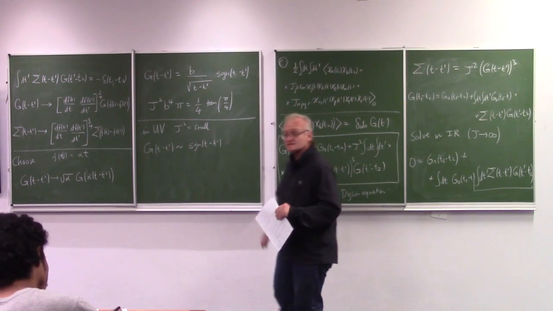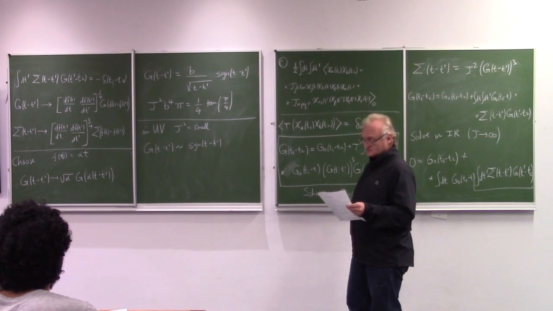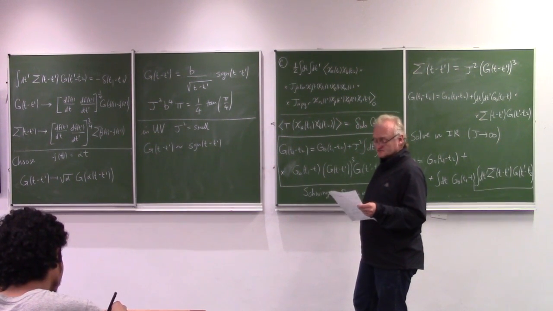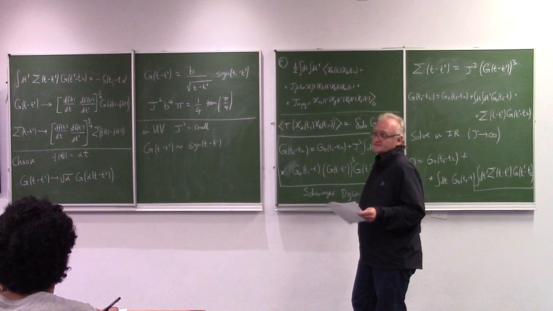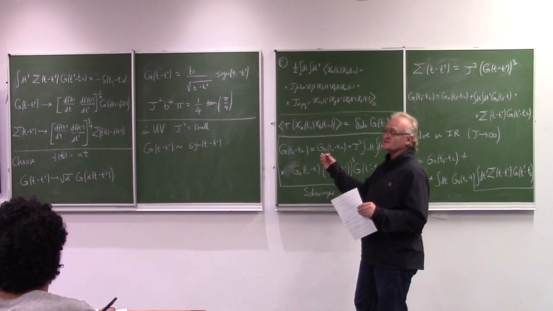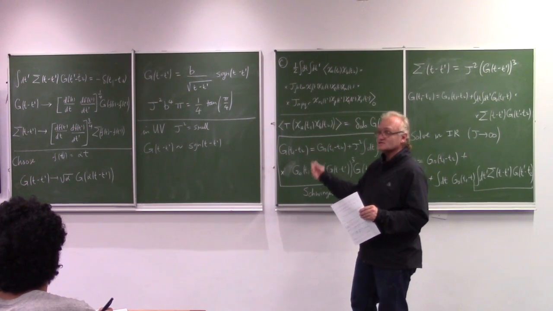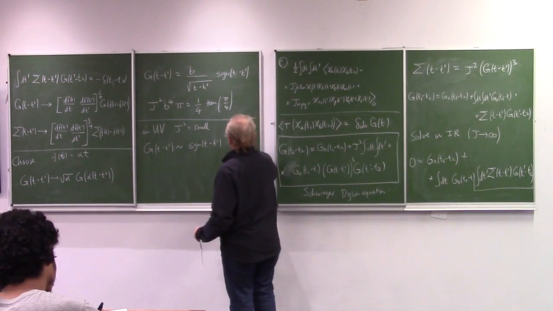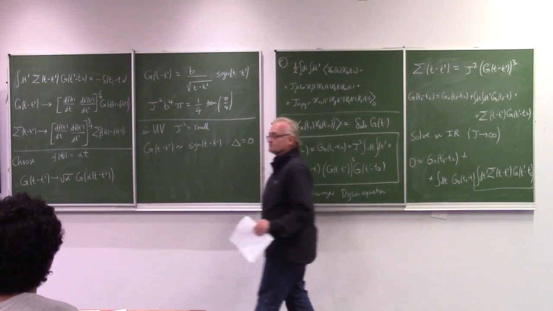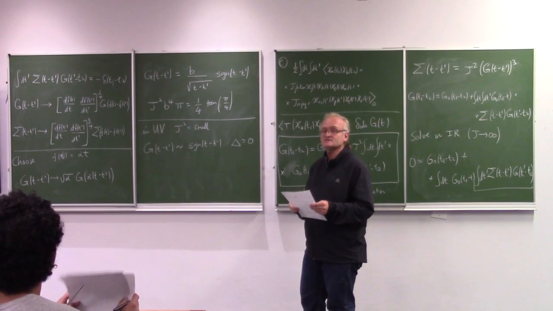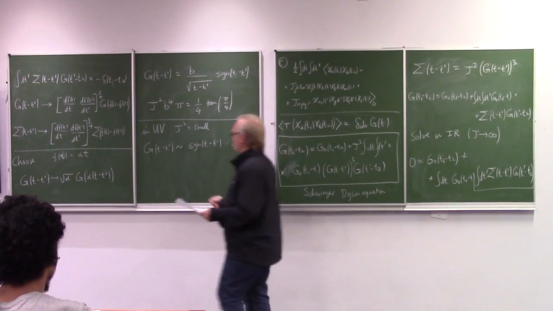And if you scale your time, the Green's function doesn't transform at all. This is consistent with the fact that we said our Fermion had a dimension 0. So in the UV,